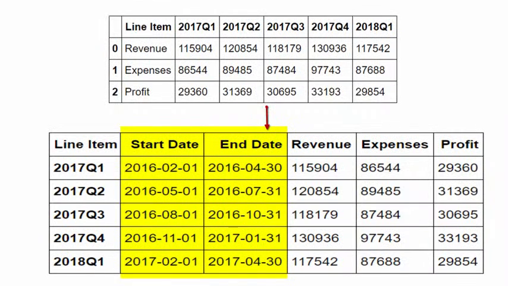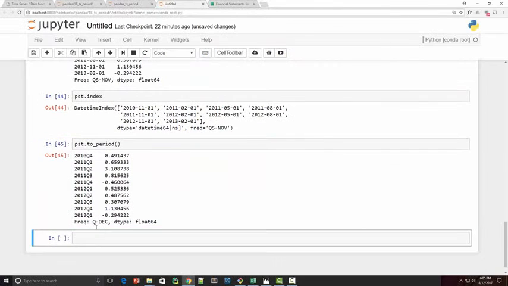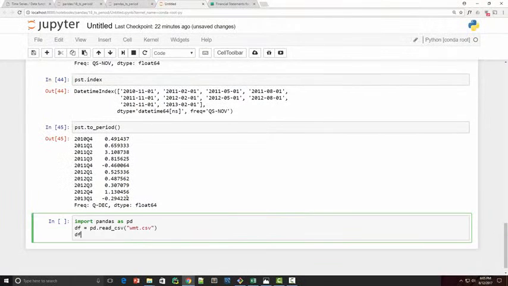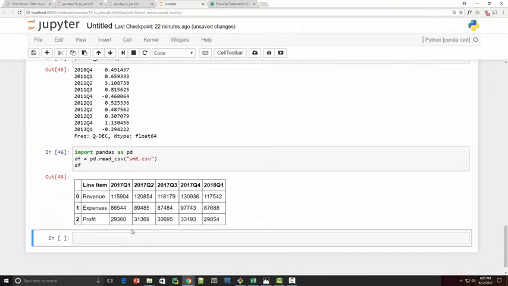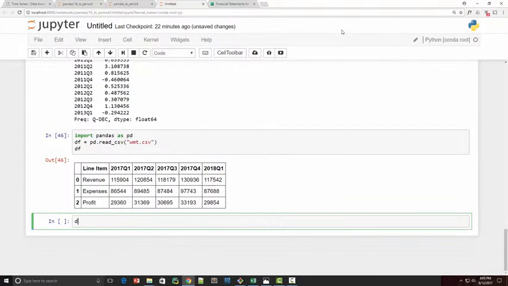Okay, so just to summarize, the goal of this exercise is to transpose the table and create these 2 extra columns. Okay, so let's first import this CSV into a data frame. And my data frame now looks like this. Okay, now I'm going to call